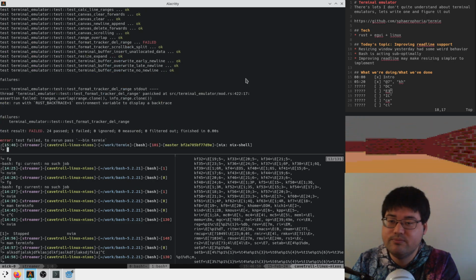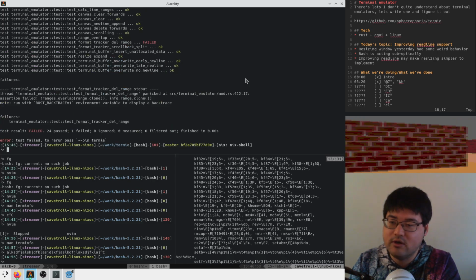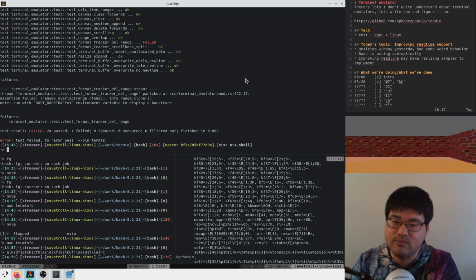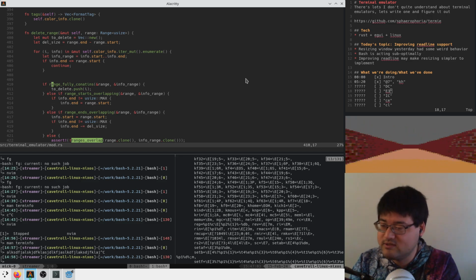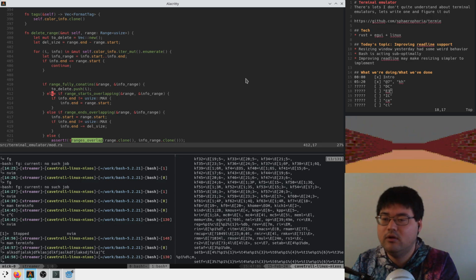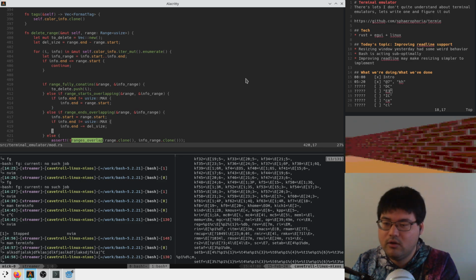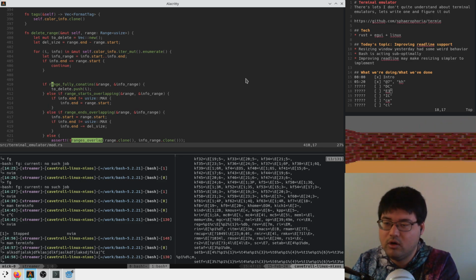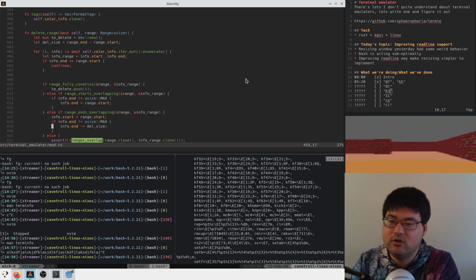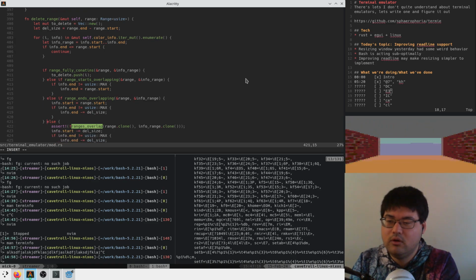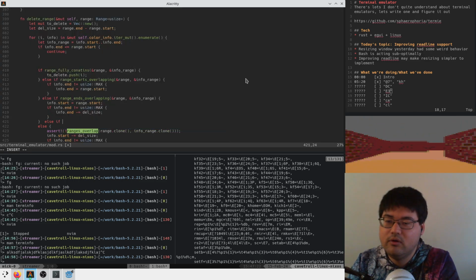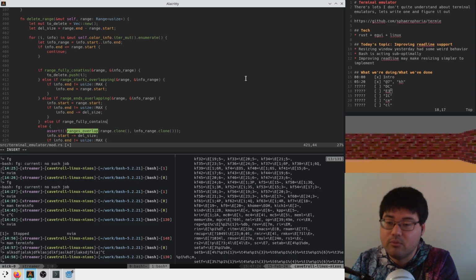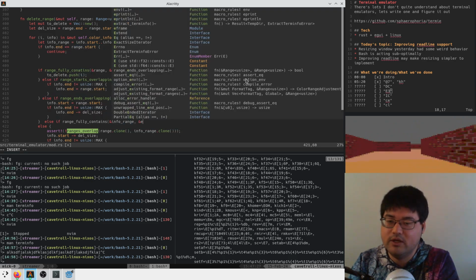runs. It failed because the assertion that the ranges do not overlap failed. Okay, so we messed something up here. So we checked if it starts overlapping, ends overlapping, if it fully contains. Oh, and then there's the other one, that it is fully contained. Probably. We can say else if the info range fully contains the deletion range,